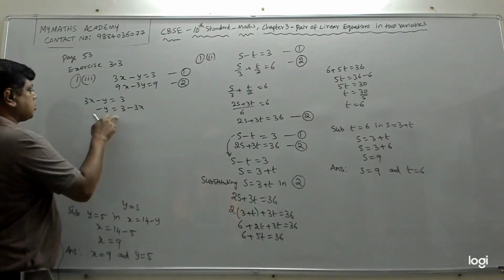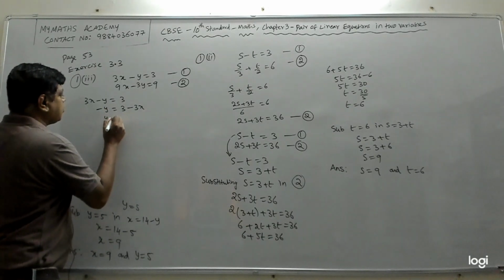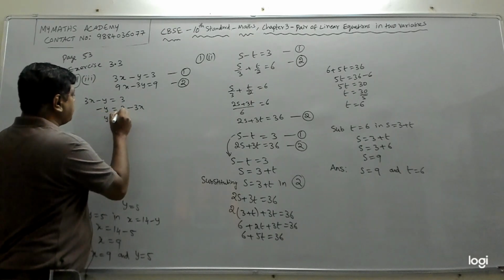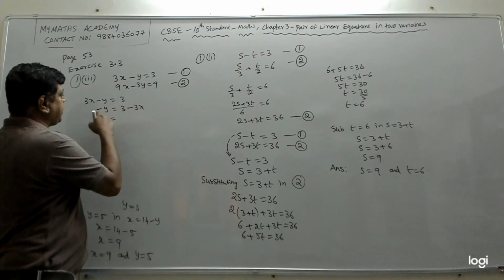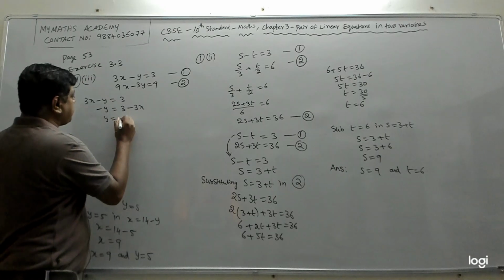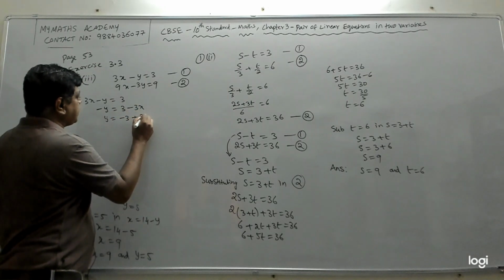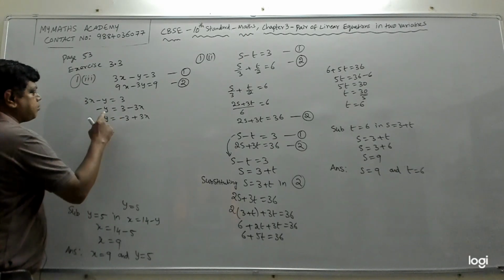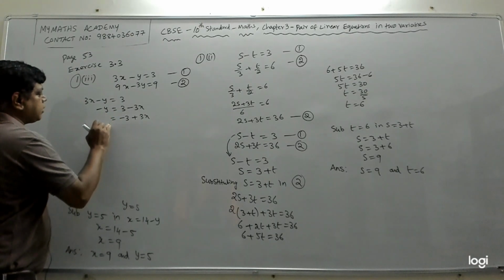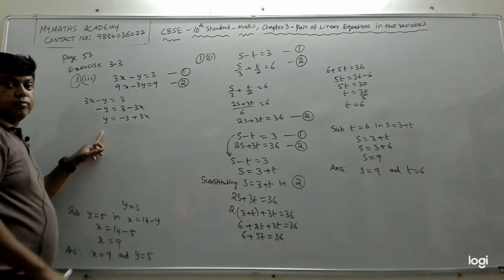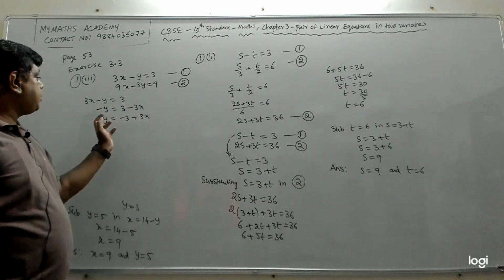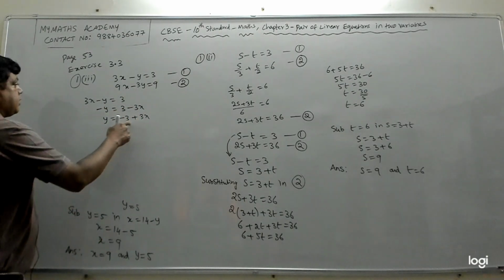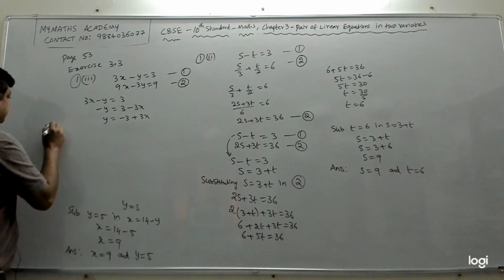Then you can remove this minus. So which means you can say y is equal to, if this minus goes here, this will make this 3. So I will multiply throughout by minus. So this will become plus. This will become minus 3. This will become plus 3x. I'm changing the sign throughout so that I get y as plus. We should not have minus y here. We should have only y. So y is this.